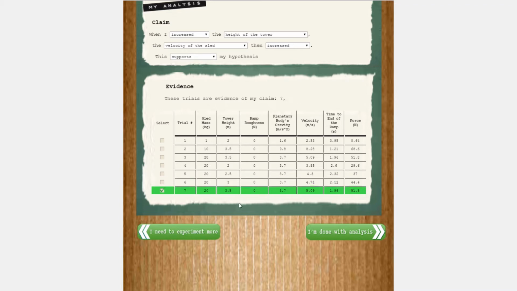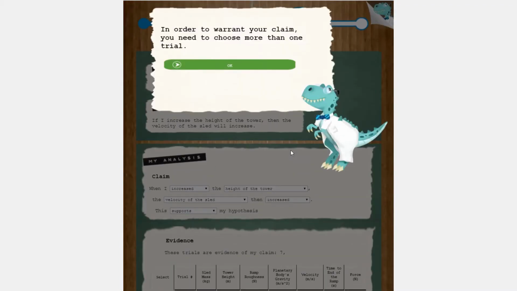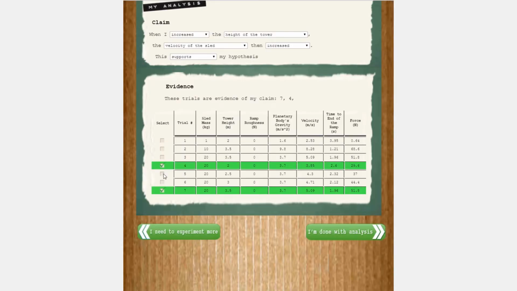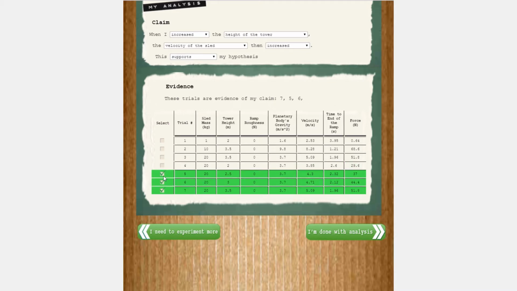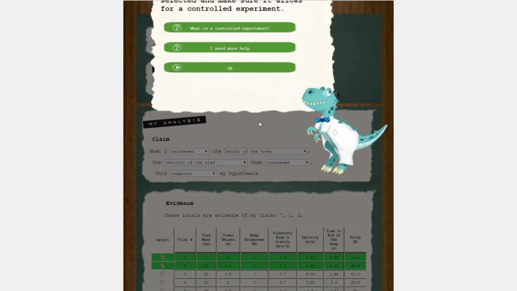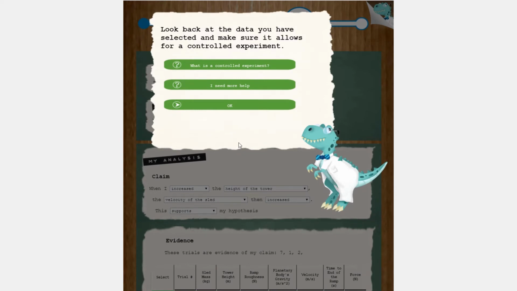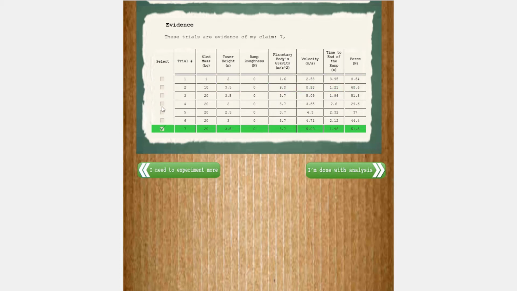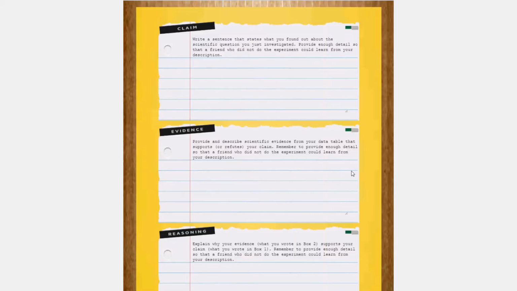Now, what if I only try to choose one trial? So in order to warrant your claim, you need to choose more than one trial. Okay, so let's choose the trials that are in line here. And actually, before we do that, let's just really quickly choose some random stuff and see what he says. Okay, look back at my data and make sure it allows for a controlled experiment. And I could say I need more help, or what is a controlled experiment? But I'm just going to say okay, and I'm going to go ahead and move on to the final phase